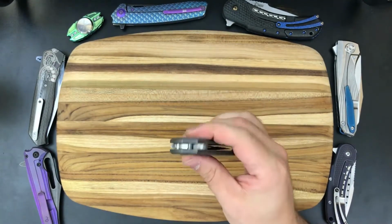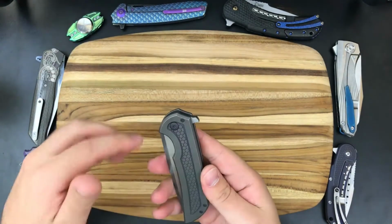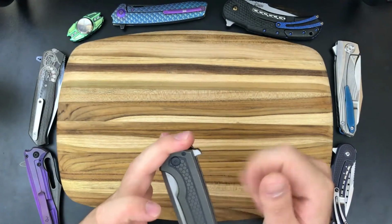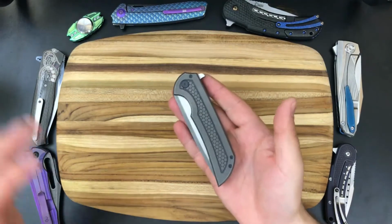use it. So if I was going to own one of these knives, I would have to get aftermarket jimping done to the flipper tab, but I would really like Ferrum Forge to honestly just reverse the shape of this flipper and put this kind of hooked curve up at the top so that I actually had something to grip on, because I slip on this flipper tab more than I slip on any other flipper tab of any knife